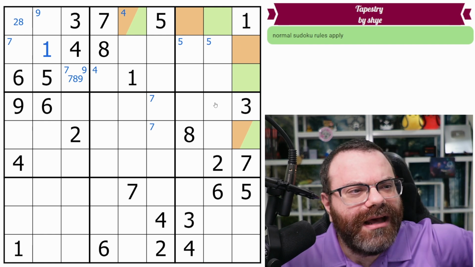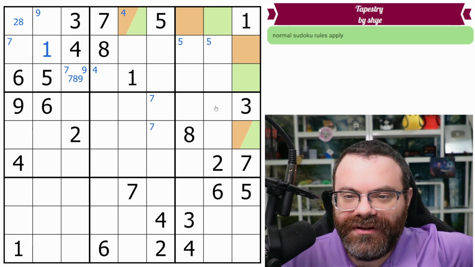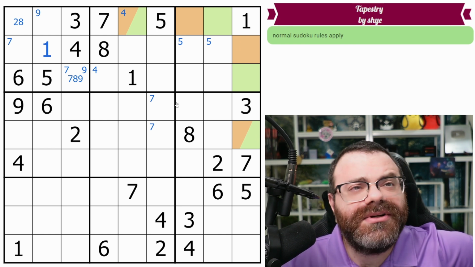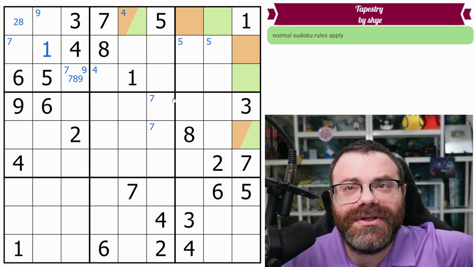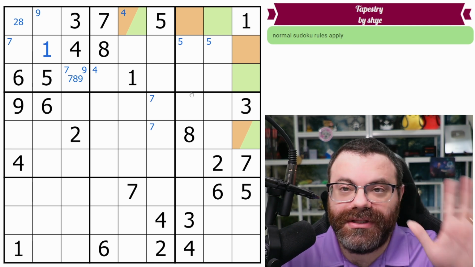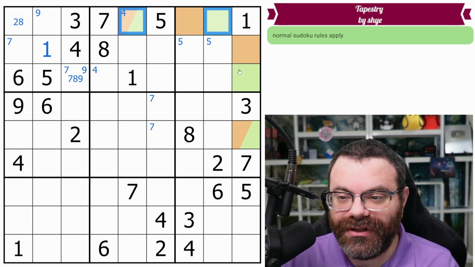kite. I did a puzzle a long time ago by Philip Newman that used this concept, and it's a really neat concept. I think it was 2-string kites he used, but it was definitely 2 overlapping strong links. So let me explain what's going on here. Let's explain the 2-string kite first. So actually, I'm going to get rid of this green, and we'll just use the orange for our first example